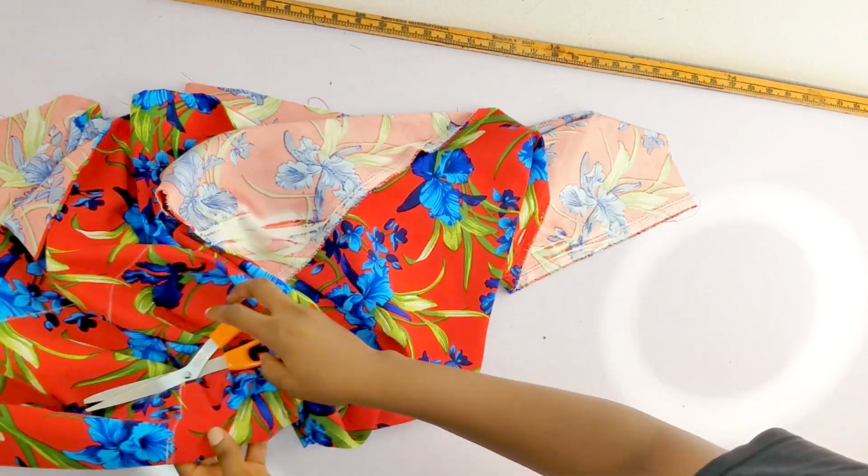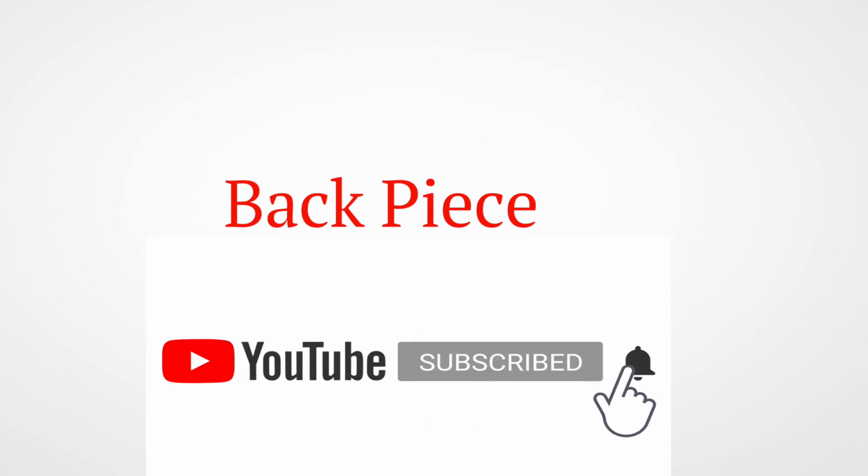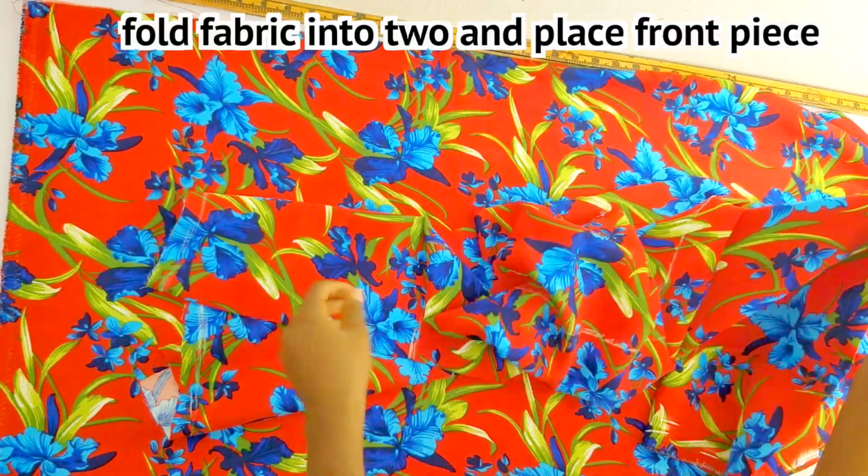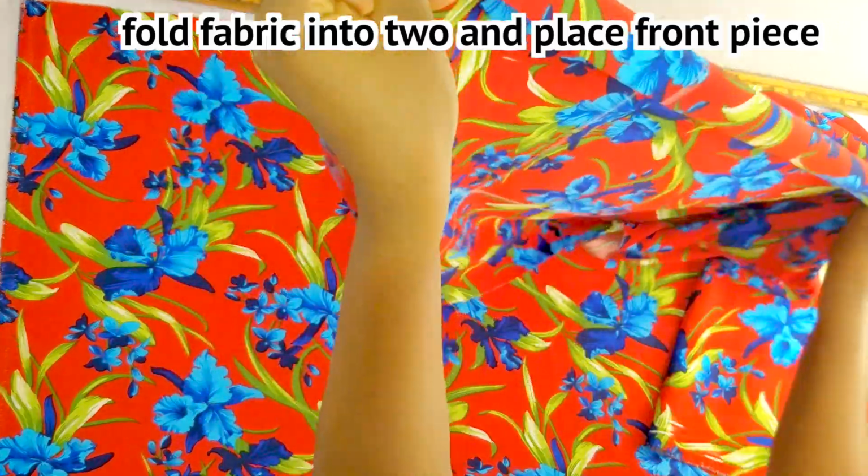from there. Just you and I. Only you can put the fire out. You. Making the back piece, I have my fabric here folded into 2 already, and I'm going to go ahead